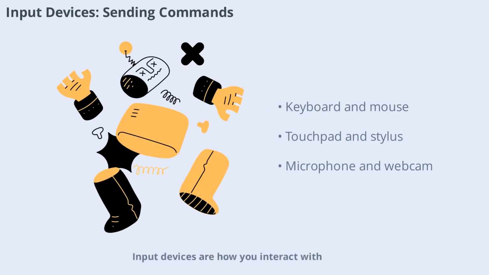Input devices are how you interact with your computer and send it commands or data. The most common examples are the keyboard and mouse, but there are many others. Touchpads and trackpads are popular on laptops, while joysticks and gamepads are used for gaming. Scanners, microphones, webcams, and styluses or graphics tablets expand your input options. Each device translates your actions into signals the computer can understand, making it possible to type documents, play games, or